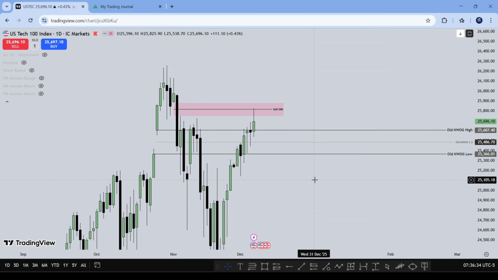What's popping, guys? So today we are doing the market review on Nasdaq on a trade that I took yesterday, and I want to go ahead and do a market review and also a trade breakdown. And we're going to see how I was able to get the analysis right using ICT